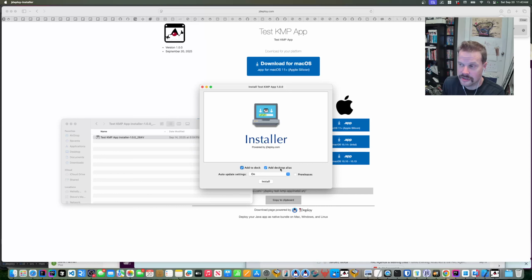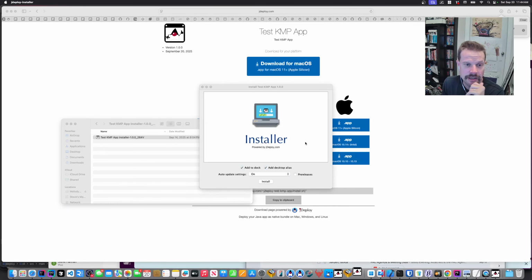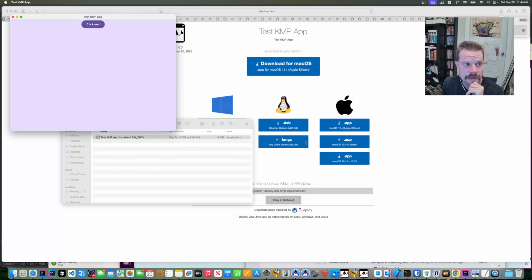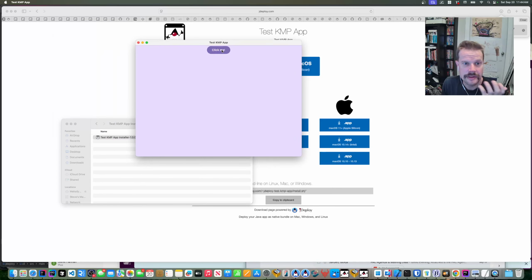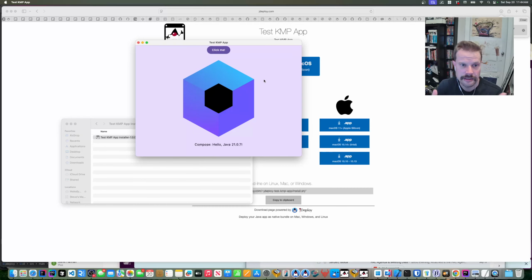Dock, desktop. This is just like with the JavaFX one. I'll go install, proceed, and now I'll just open it up. And here's my app. This is just the canonical Hello World app that I pulled from the Kotlin Multiplatform wizard that they have. And in another video, I will go through how to take an existing Kotlin Multiplatform app and apply jDeploy to it. Now, before I leave this, I do want to go into the project and look at